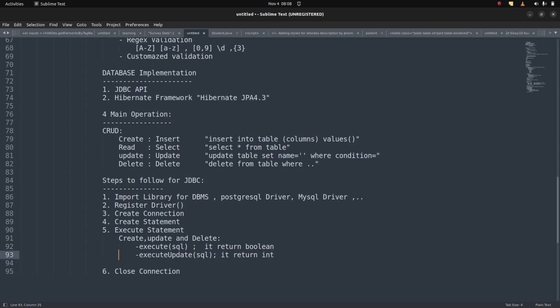So now what about the insert operation? For the insert operation, just kindly use this one. The create, that means the insert, right? Insert. Now for select, kindly use what you call execute